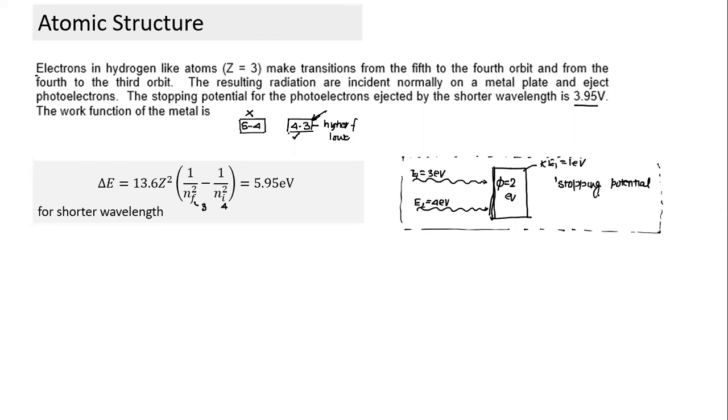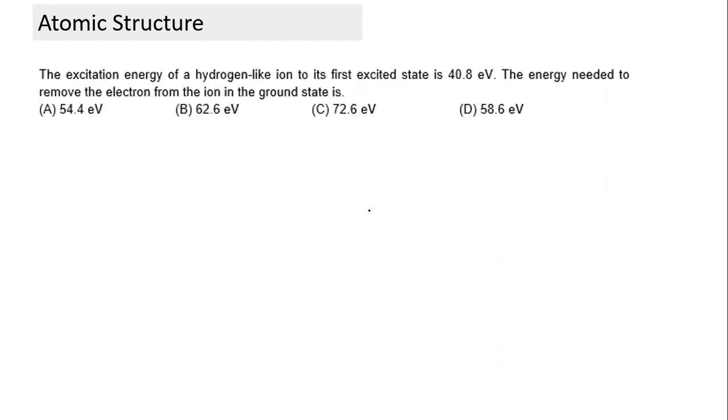So if I apply a stopping potential of 1 electron volt, only those electrons emitted by this photon will be stopped. The photoelectrons emitted by this radiation will still reach. So anything more than 1 is needed. Whenever we calculate stopping potential, it should always correspond to which photons? The highest energy photon. If there's a mix of photons, the stopping potential corresponds to the most energetic photon. Next question.